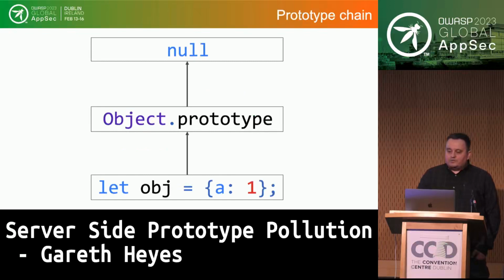Almost all objects inherit from the global object prototype. The prototype chain is used to determine what properties the object should have. So here at the bottom, we have an object. Because it's an object type, it inherits from the object prototype, and it continues all the way to null, to the top prototype. Now, most people think that's where the prototype ends, but in actual fact, there's a special